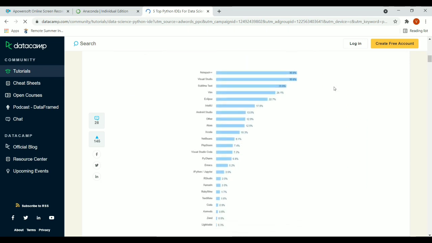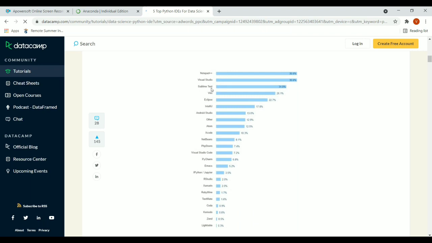Like you can see, if the study is done, Notepad++ is used widely. Visual Studio is one of them. Sublime Text, these are used in industry-level structures. But if you are looking at beginners, Jupyter Notebook is widely used. But in the industry, Notepad++, Visual Studio, Sublime Text are some of the editors used.